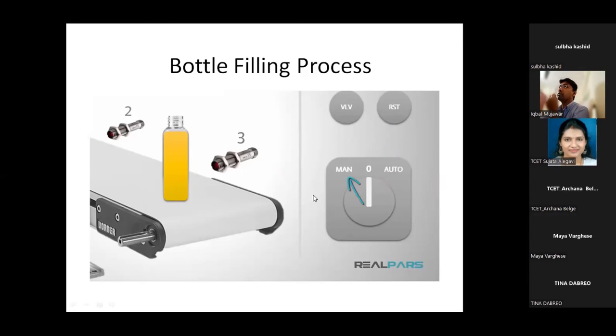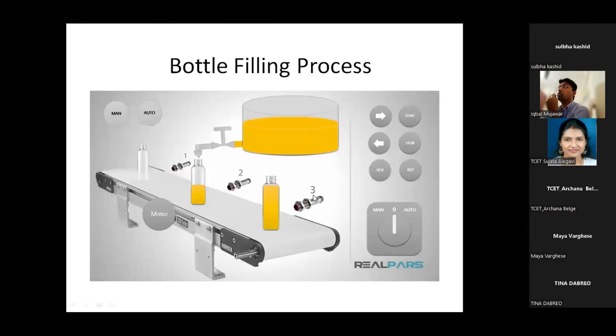Let's say the system is in manual mode. When the system is in manual mode, I need to control the entire thing with these 3 buttons. When I press this button, the motor will move in forward direction. When I press this button, the motor will move in reverse direction. After releasing, the motor will stop. As long as I'm pressing, I get forward and reverse direction.